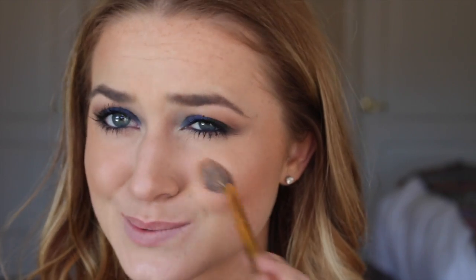And then for highlight today, I'm going to be doing a nice subtle highlight, which is just this Essence Pure Nude highlighter. I love this stuff. I wear it every single day. I'm going to be taking this on a Morphe Y14 brush and applying this to the tops of my cheeks. You can see right there that it just gives your skin such a natural glow, and you cannot see any glitter whatsoever on my face. It literally just looks like you've been sweating a little bit, which personally for dry skin people,